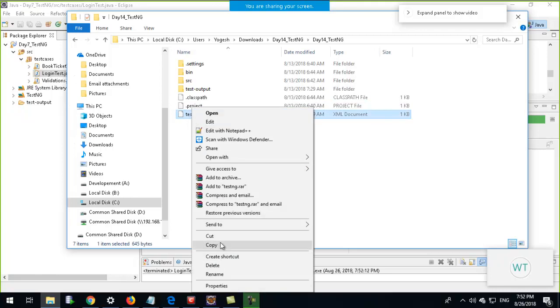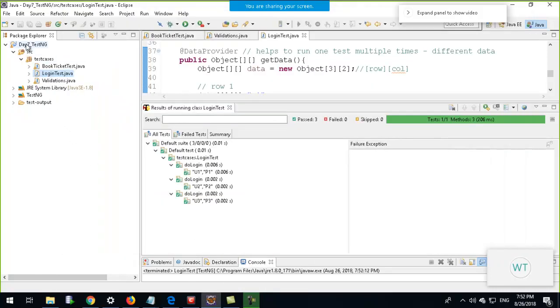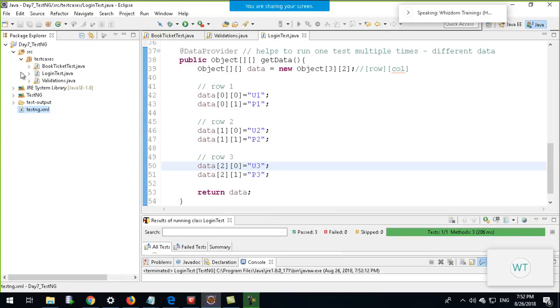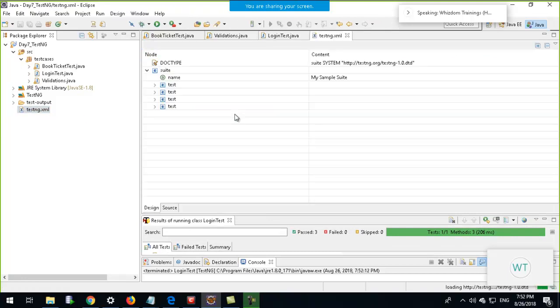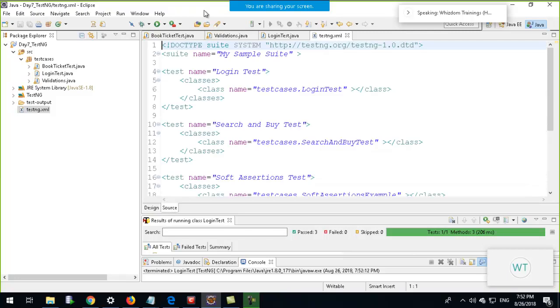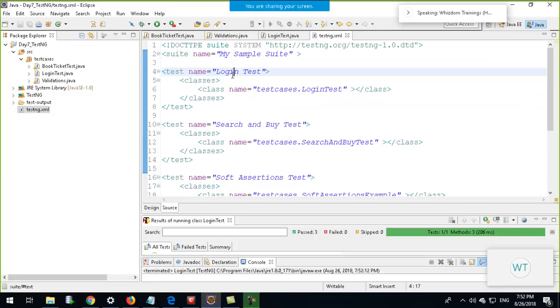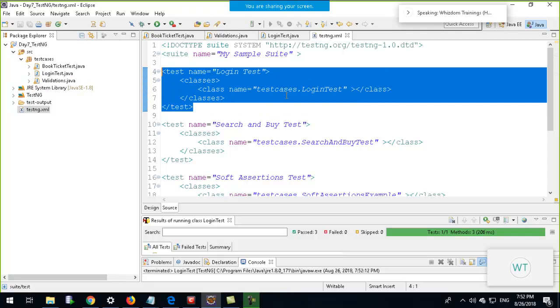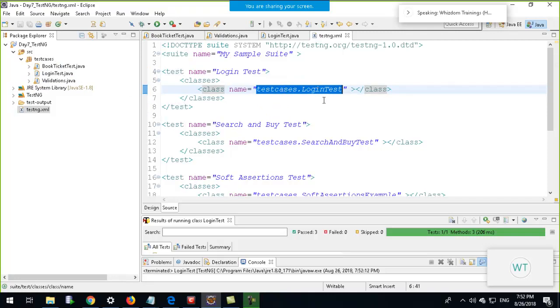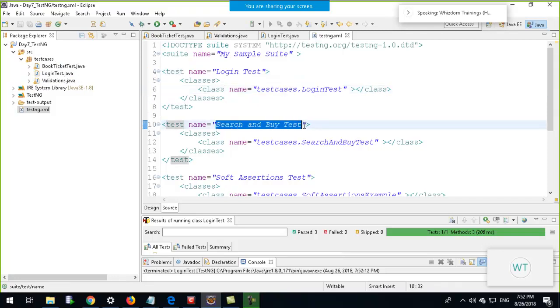I'll copy it and I will paste it under the project. Under the project I've pasted it, not in the source folder. Open this file, and in this file you can have your test suite name and the test cases. For example, the first test you can put up as login test which you want to execute, test cases dot login test package. Second is say book ticket test. This name,